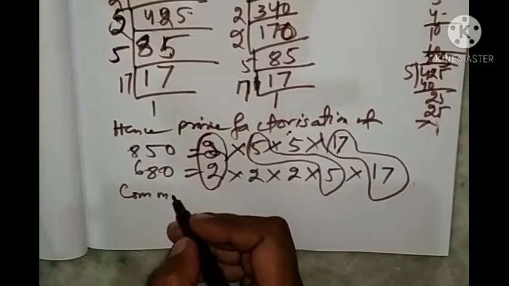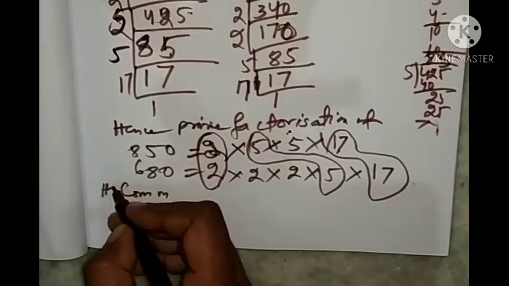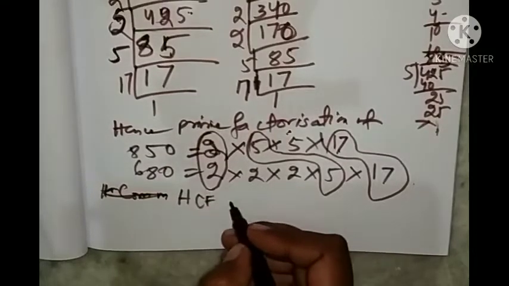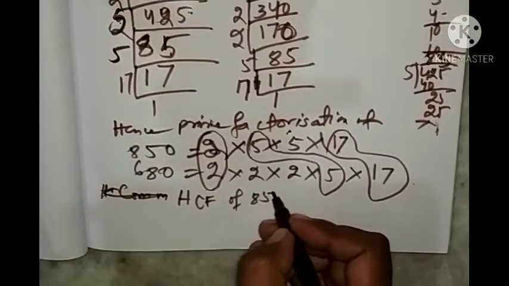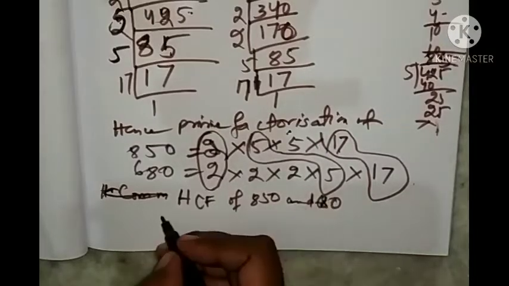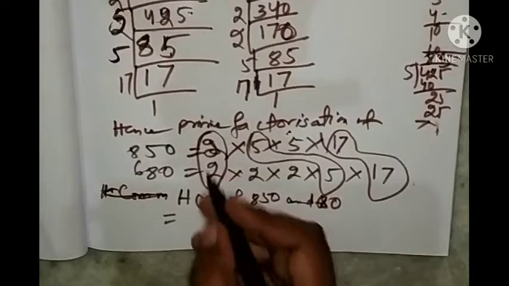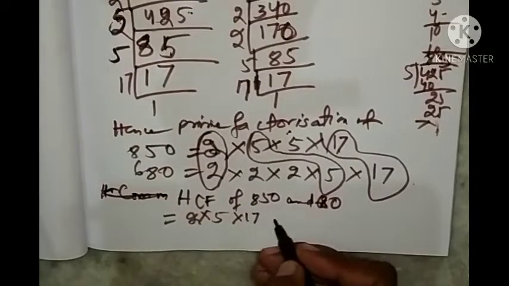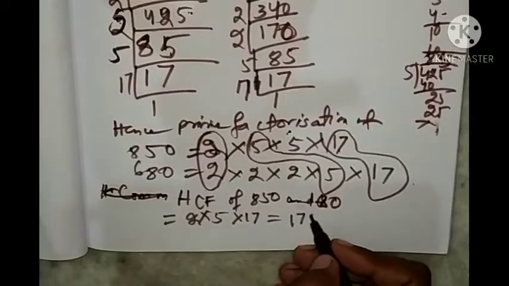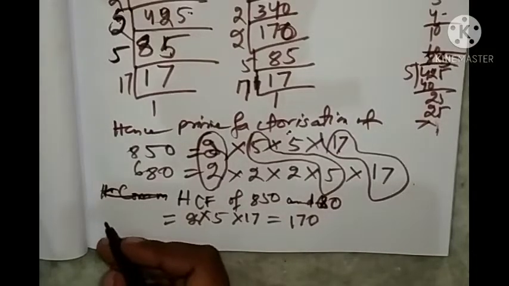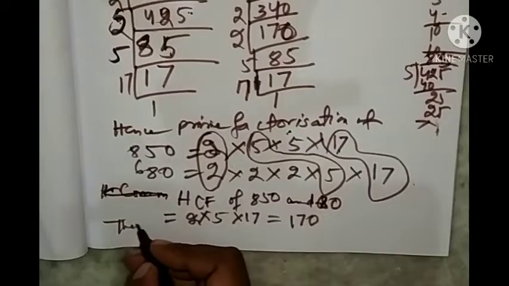So write down that highest common factor, HCF of 850 and 680 equal to how much? 2 into 5 into 17. That is how much? 170. So you'll write the answer that therefore